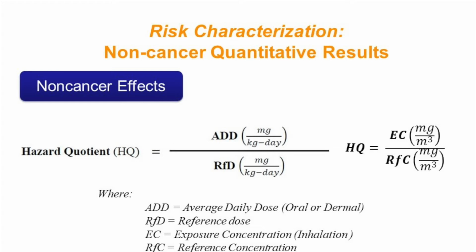And all other routes use average daily dose for oral or dermal. The reference value that's used is the RfD, the reference dose. It's not a concentration, it's a dose. Basically you divide your estimated or predicted average daily dose by the reference dose that you obtained from IRIS